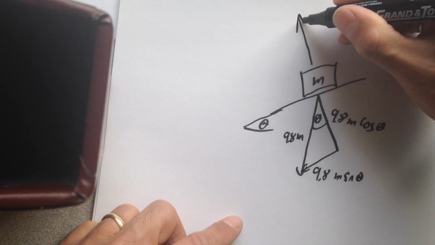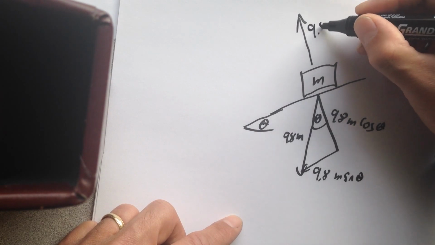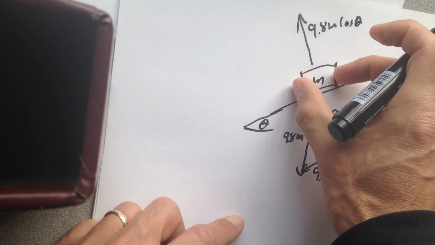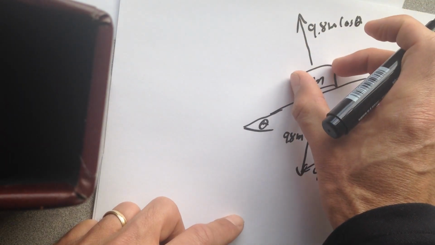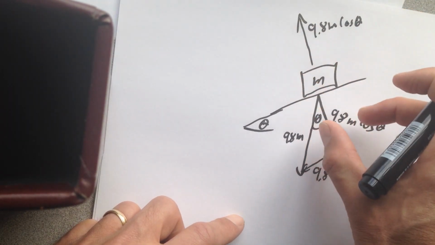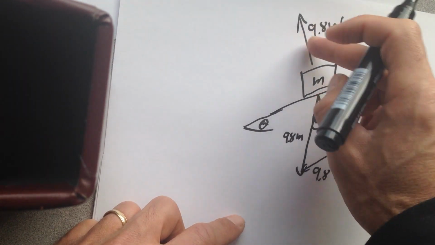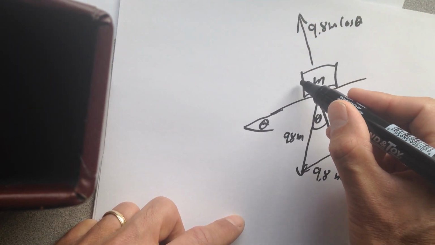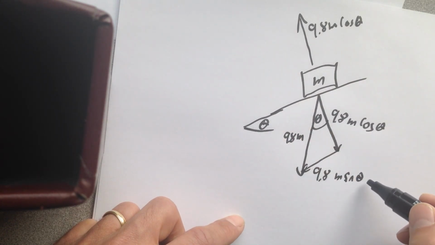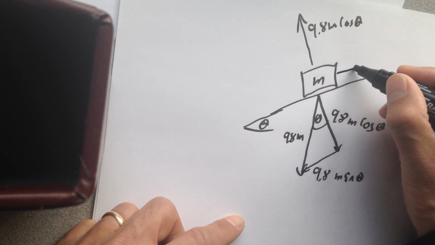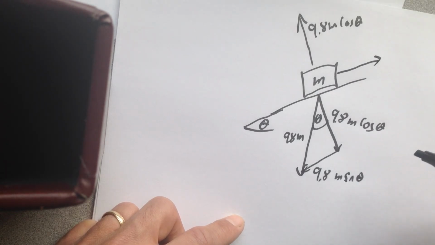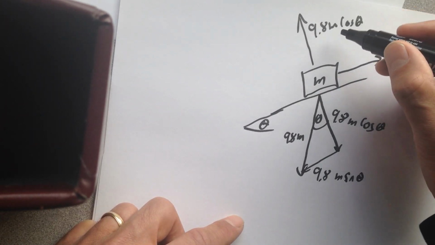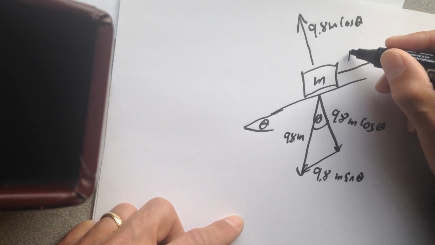We have a normal force, which is going to also be 9.8 m cos theta. Otherwise, the block would be flying into the air or being pulled into the plane. For it to sit on there, these two have to be equal. So our force going this way is 9.8 m sine theta. Our force going this way is the force of friction. And our force of friction is the coefficient of friction times the normal force. So this is mu